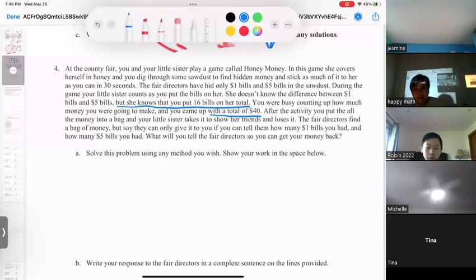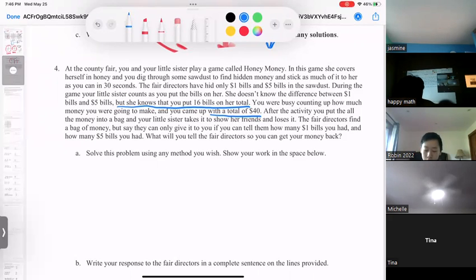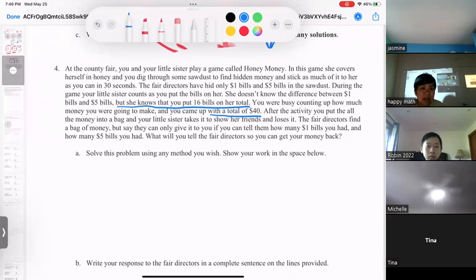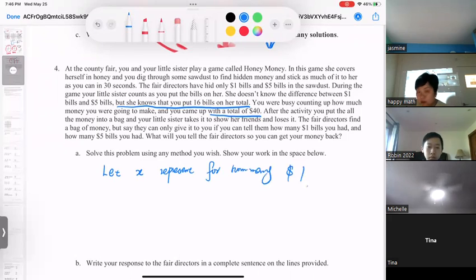Okay, let's see in here. Question 4, right? What we know is that she didn't know the difference between a $1 bill and a $5 bill, but she knows that you put 16 bills on her total, right? So what does that mean? So in here, how about we let X represent how many $1 bills, right? How many $1 bills. And how about we let Y represent